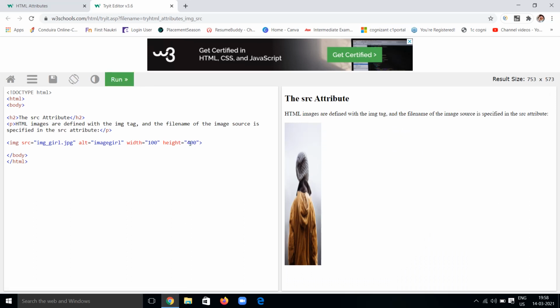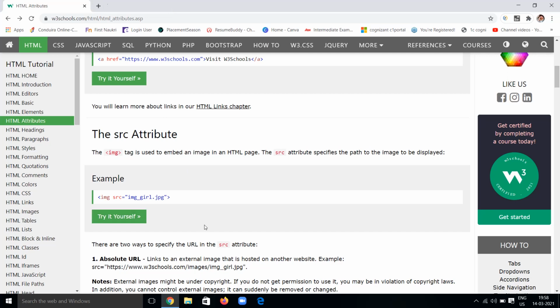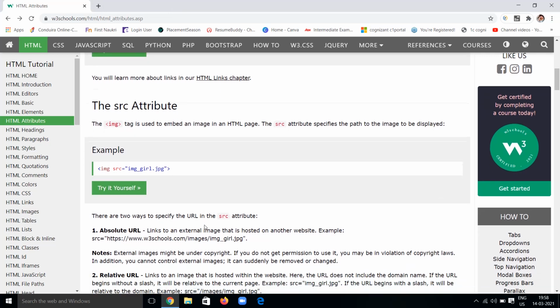It's not in proper order. I'm giving a square type, same length and width, then it will get this 100 width image like that. So you can alter the widths and heights of that image with these attributes of that tag. Okay, this is all about the source attribute which is used in the image tag.